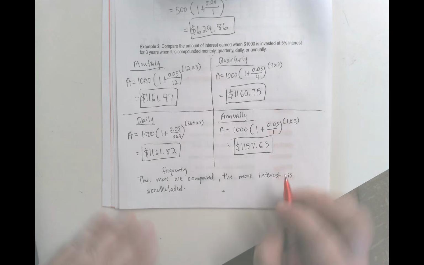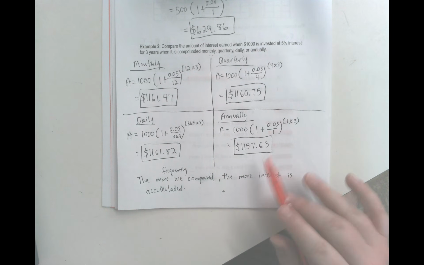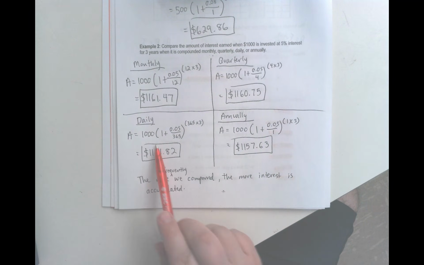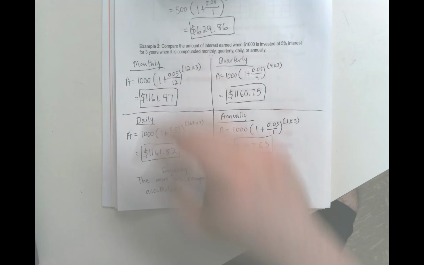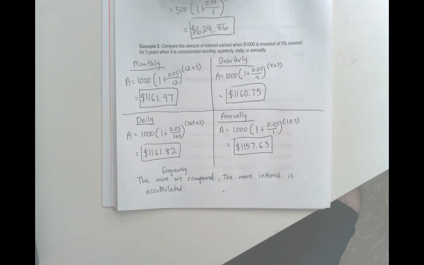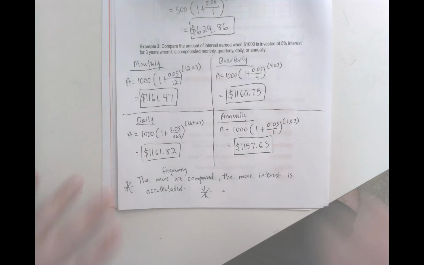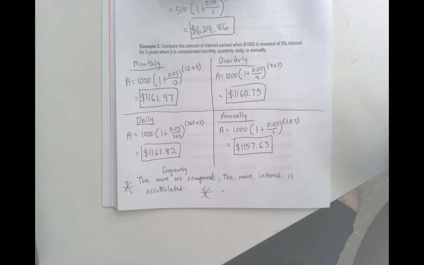So we only compounded once here. We had the least amount, the smallest future value. Then the more that we compounded, the higher the value got. Now monthly and daily, there's like just cents that are separating those. Even from annually to daily, it's just a few dollars that's separating them. But this is still an important note that the more frequently something is compounded, the more interest that it is